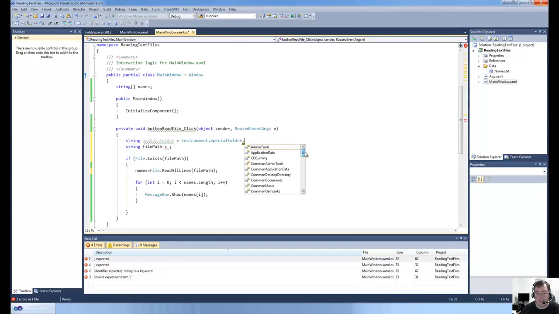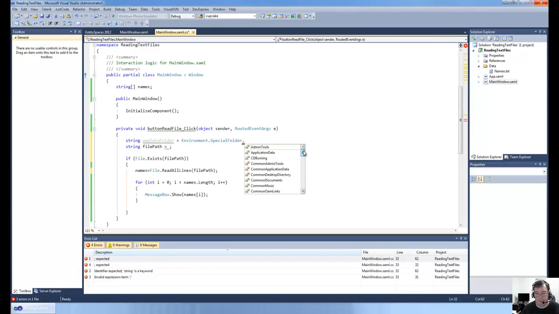If I'm looking for some application data, say this was an actual full-on commercial or enterprise application we're developing, we might, as part of the installation, create its own data folder specifically for it in the application data folder on C drive. There's the way to get to it there. You can get to the desktop files from here as well if you want to. So you can see there's quite a few folders that are already set up for us that we can access. There's a shortcut to go to program files x86 and so on,